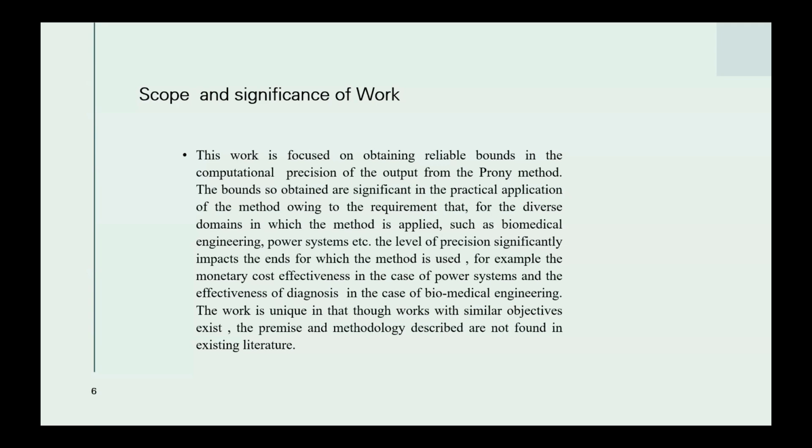The bounds so obtained are significant in practical applications, and the level of precision significantly impacts the ends for which the method is used. For example, the monetary cost effectiveness in case of power systems, and the effective diagnosis in the case of biomedical